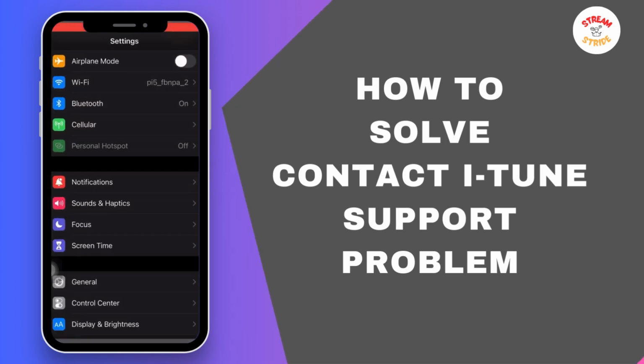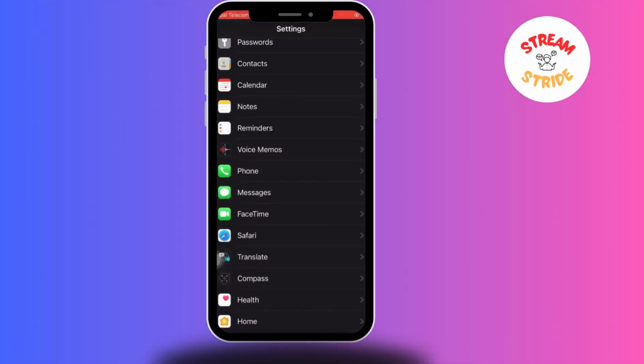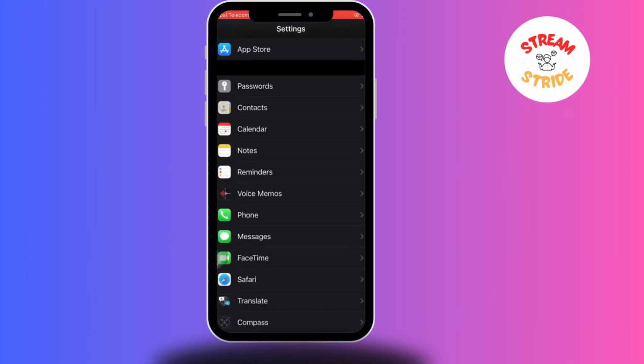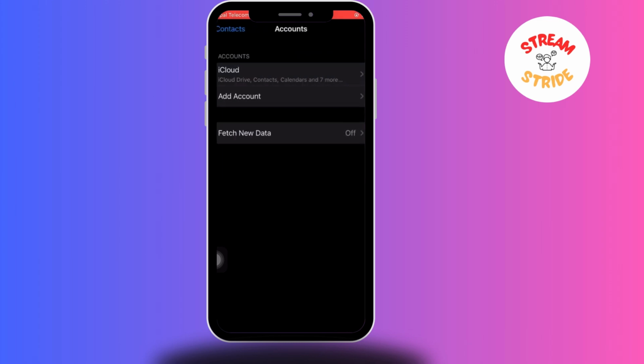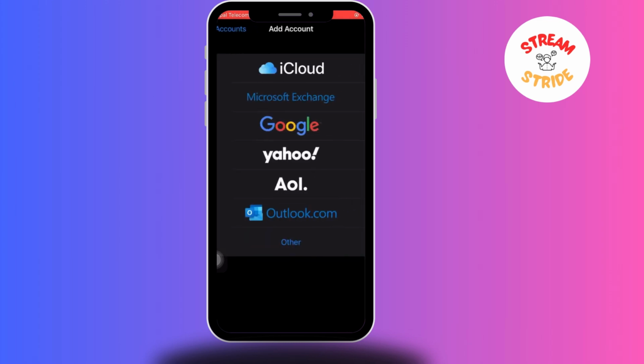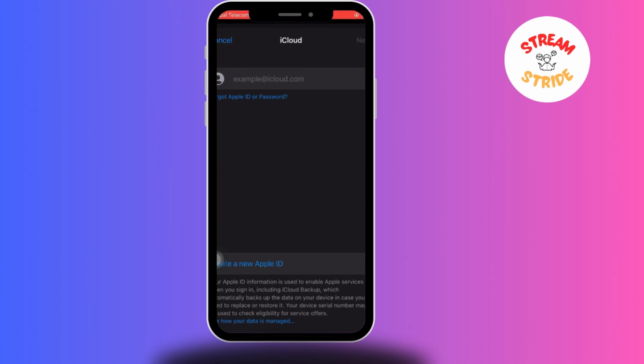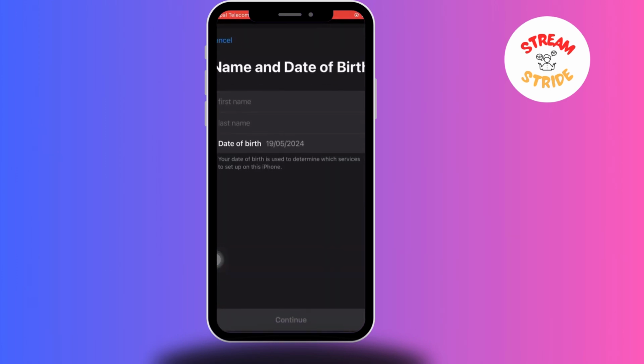So let's begin. Go to your settings, all the way down to contacts. Tap on the contacts section and click on accounts. Now tap on add account. Choose iCloud. Click on create a new Apple ID, and now what you have to do is you have to